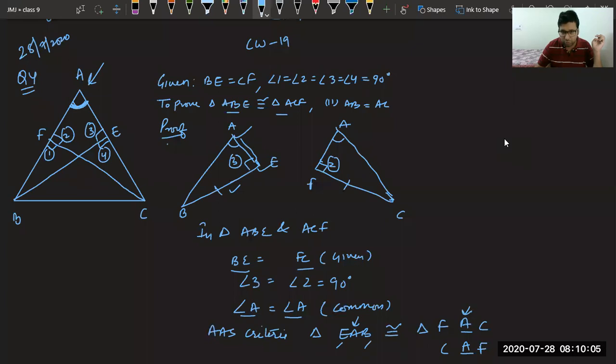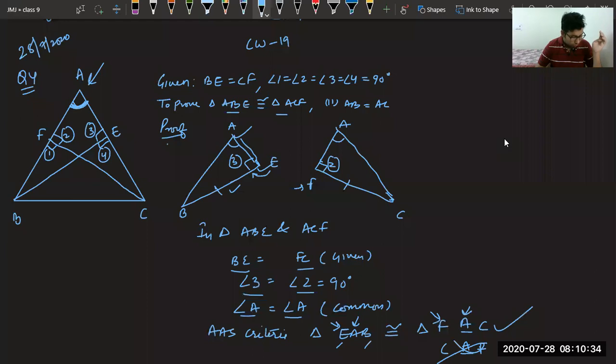Angle A is coming in the middle in both of them, so we cannot decide from this. Let us see one more thing. Angle 3 equal to angle 2. This 3 is actually E, and this 2 is actually F. E and F should be at the same place. E, F, so this is the correct name. So triangle EAB is congruent to triangle FAC. I have changed the name just to show you how names can be manipulated as per the question.